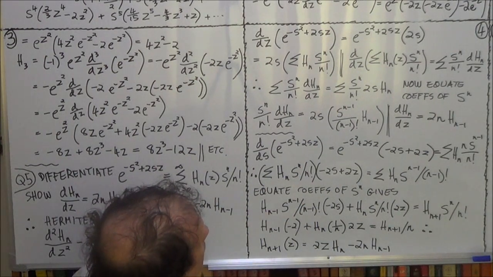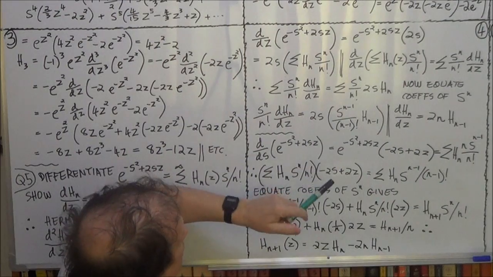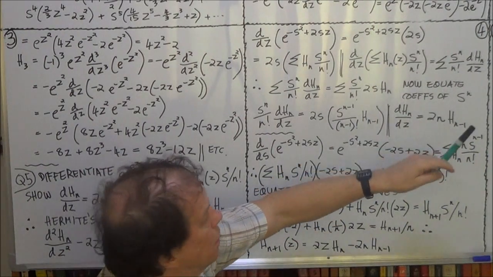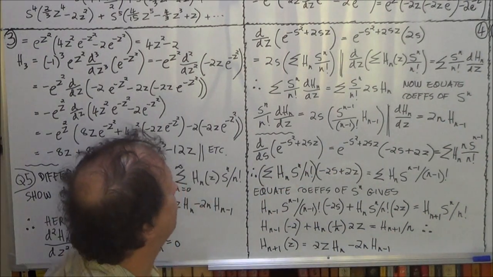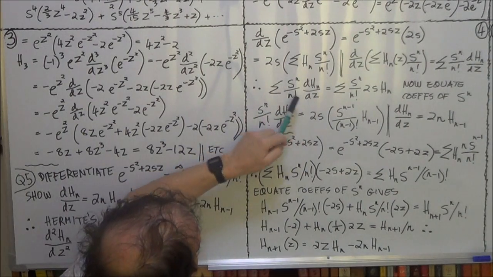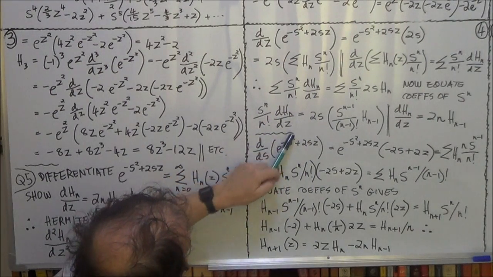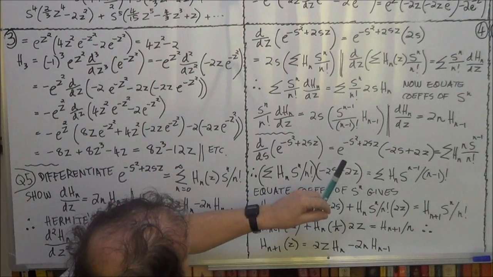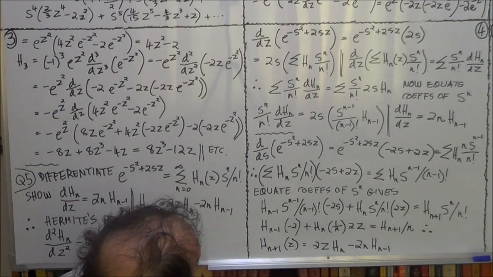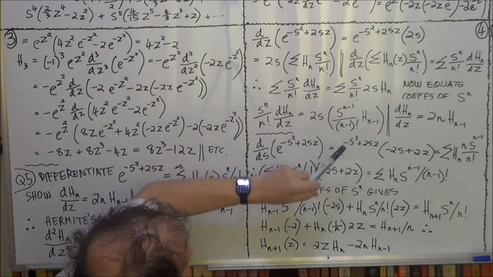Now let's have a look at the coefficients of powers of s. Let's look at the two coefficients, left-hand side and right-hand side, of s to the power n. Here's s to the n, so you've got 1 over n factorial, d H n by dz. Now on the right-hand side, you're summing over all n's, and we want